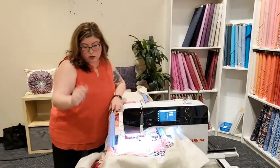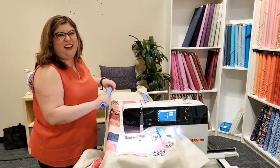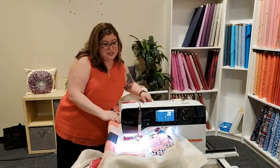That's two full rows, and we've got only six rows in the quilt, so we're a third of the way there. What's that, 20 minutes or so? Yeah. So now that you've seen how we adjust this and how easy it is to do,